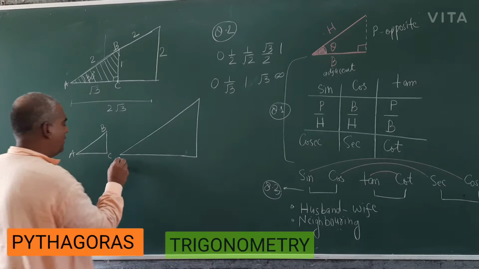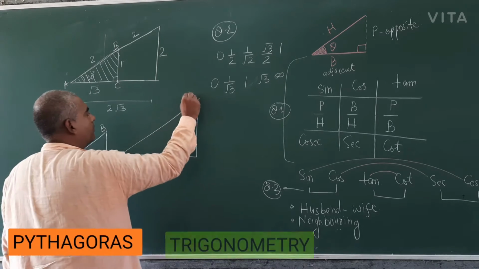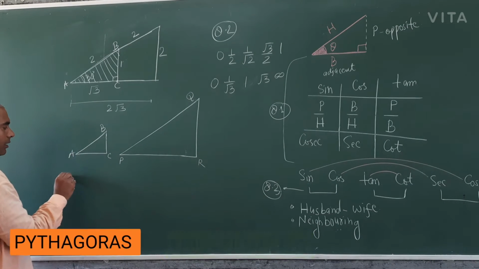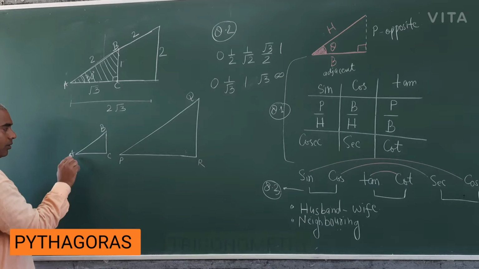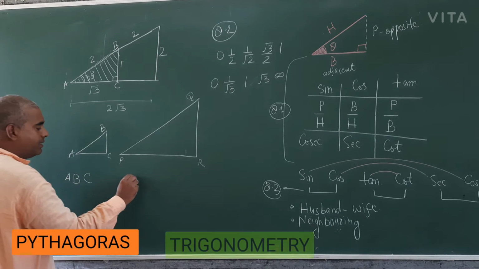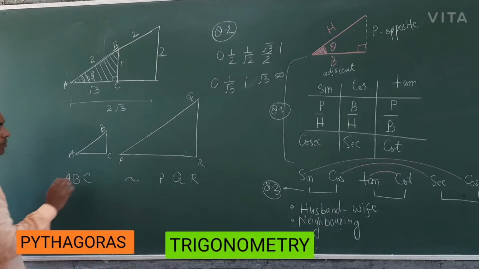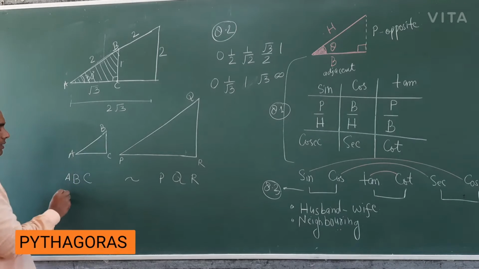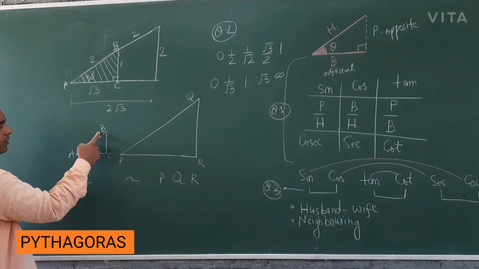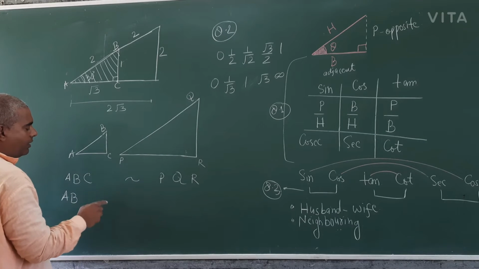This one, and P, Q and R. So in that theorem it was taught, ABC similar to PQR. At that time the ratio means here AB, then here PQ, here AB,